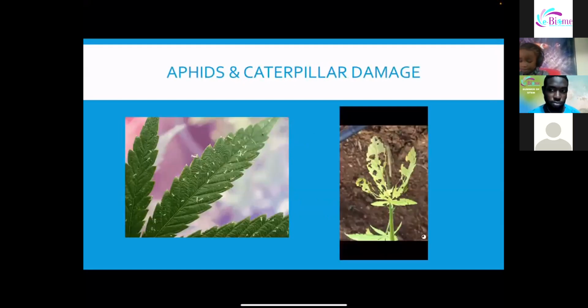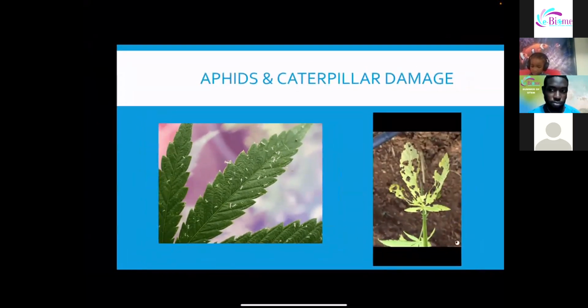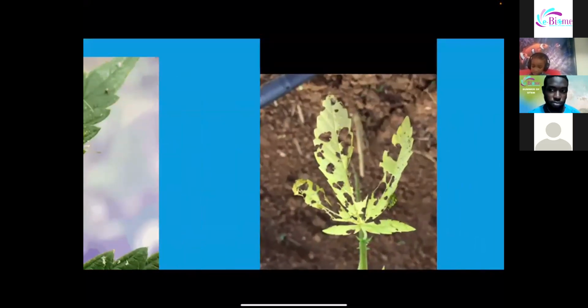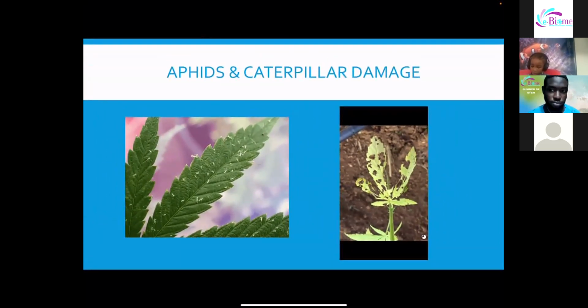So these are some of the insects or some of the problems I had on my field while I was doing hemp. So these are aphids and caterpillars, and as you can see, they've infested the leaves, and this is the damage. Why don't you just get some ladybugs to eat the aphids? That is a good idea. And what do you call that? Getting ladybugs, what kind of approach would you call that? No, that's not the use of pesticide.